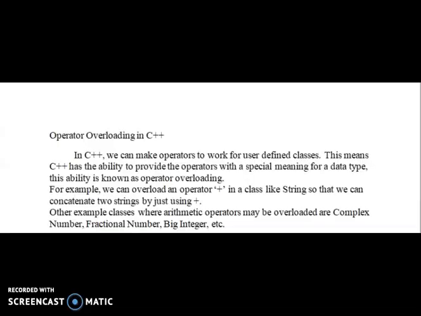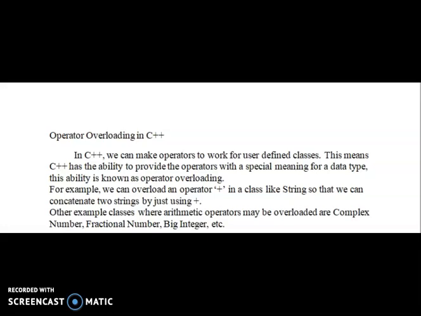In C++, we can make operators work for user-defined classes. This means C++ has the ability to provide operators with a special meaning for a data type. This ability is known as operator overloading.